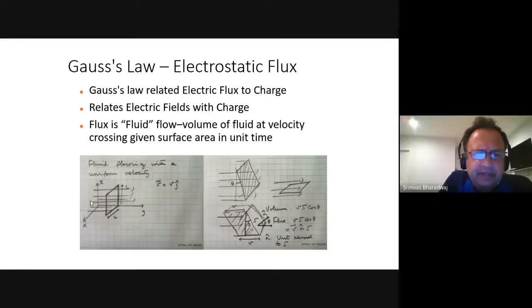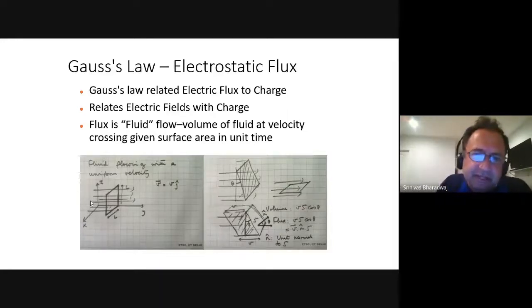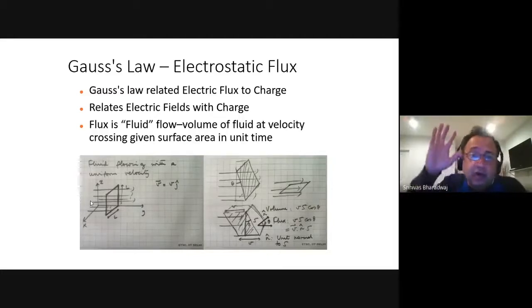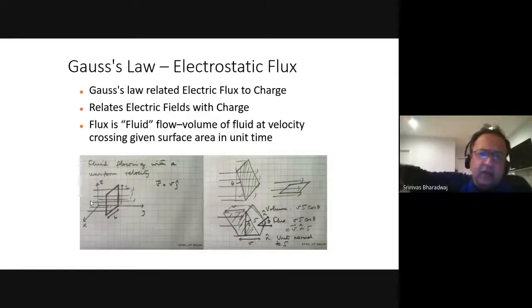You know, it is like fluid flow. Fluid flowing with a uniform velocity. If it's flowing faster, you say there is more flux, right? There is influx, outflux, inflow, outflow. So flux can be thought of as fluid flowing faster. But here we are not talking about fluids. We're talking about charge. We're talking about field. So field is thought of as